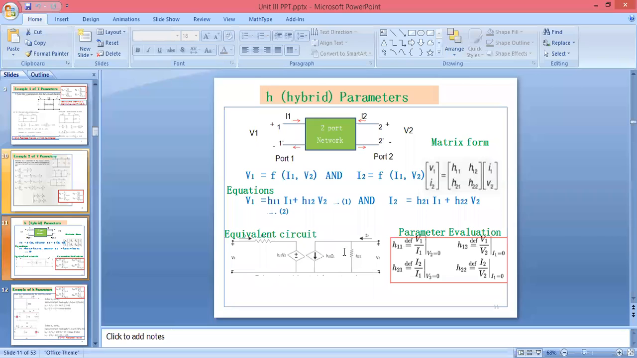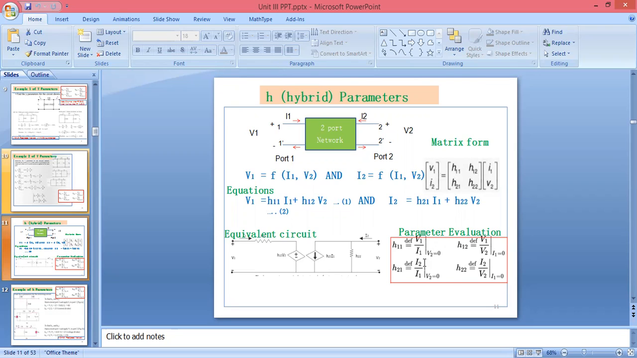The first one was the Z parameter, in which both ports look like a Thevenin. In the Y parameter, both ports look like a Norton's. Here the input port looks like a Thevenin and the output port looks like a Norton's, because here the current source is in parallel with the H parameter, which is also a type of resistance. So by using the H parameters, we will get the values of